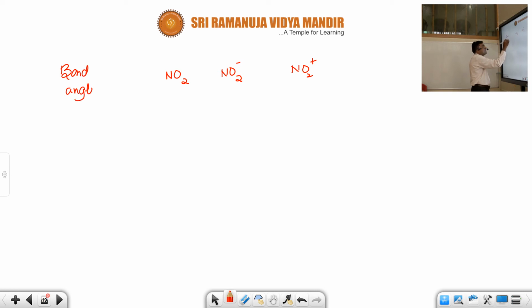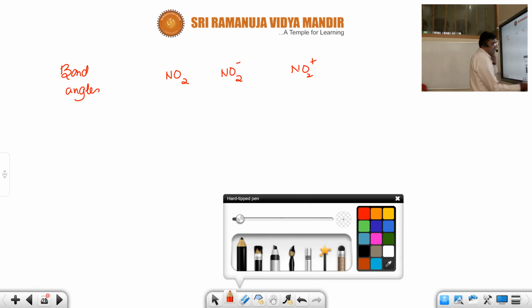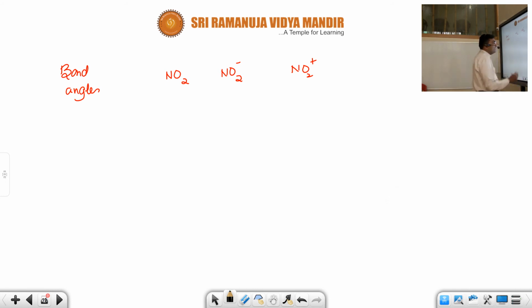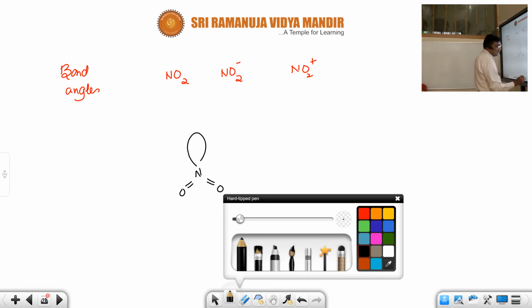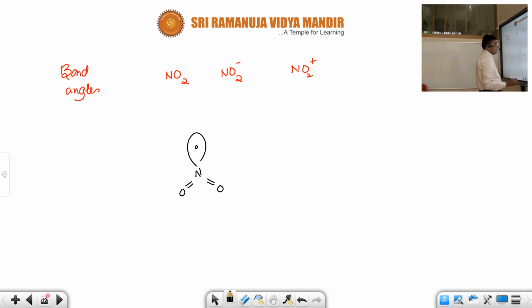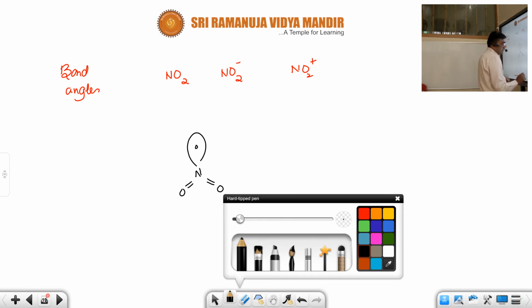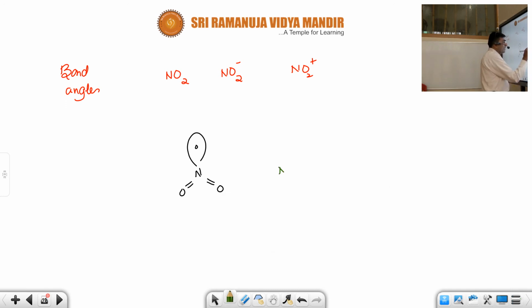Bond angles are a very important question, and students generally make a mistake. So what is that mistake? Let us see. Now NO2. You have studied in Lewis theory that nitrogen in NO2 has a single unpaired electron. Do you agree or not? You can write the double bond here also, no problem. Now NO2 minus, students, have a look carefully. You can write one double bond like this, that's better. Here also I write one double bond, so that you will be happy.